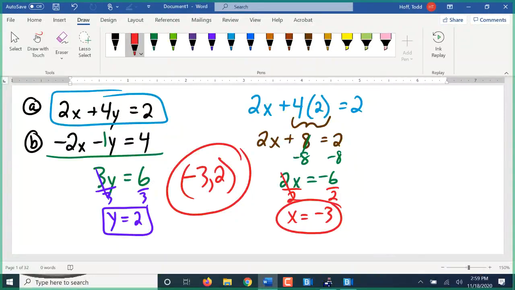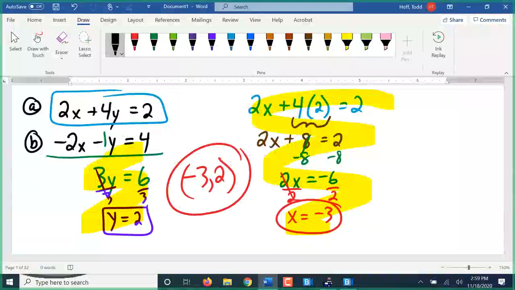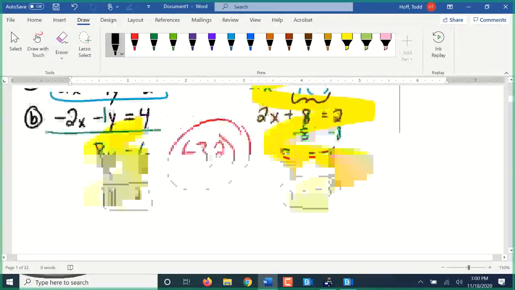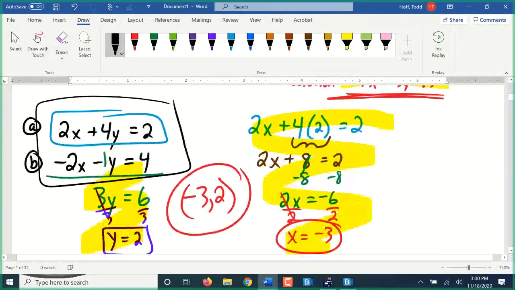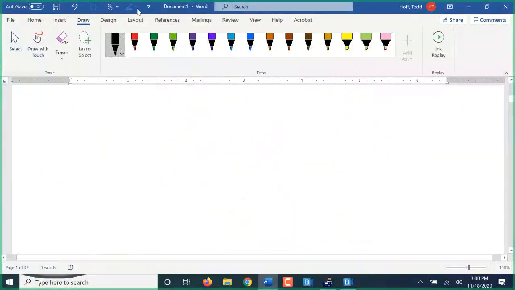Now, I prefer the addition or elimination method, even though it's a little more work to find the second variable, a lot less work to find the first one, in my opinion. There are going to be systems of equations that are set up to be easier to solve with substitution, just because of the way the equations are set. Not all of our systems work quite as easily with that addition method as these last couple of examples have. We can run into